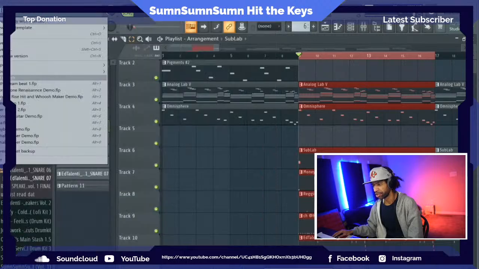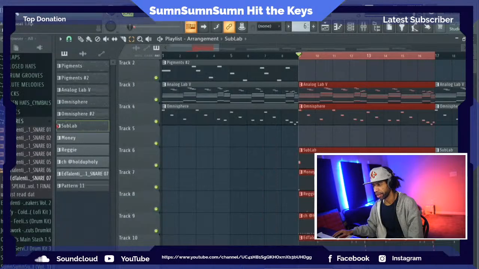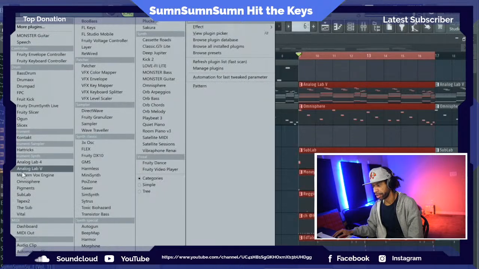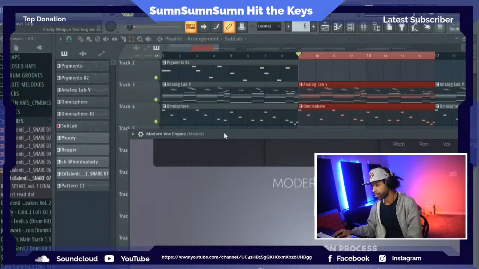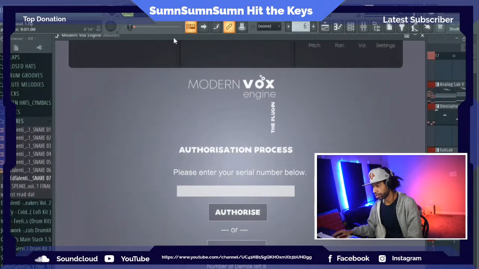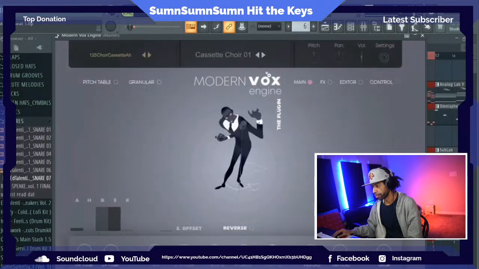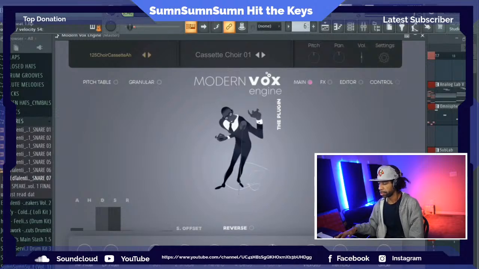Because I had so much to do when I got my computer back, like this plugin right here. I'll give y'all a little quick preview. This isn't what I'm doing a review on tomorrow. I still gotta reauthorize this too. This has a demo, but it's a Vox plugin. It's pretty cool, I just have to make a beat or something. I'll probably do this video tomorrow into Sunday.